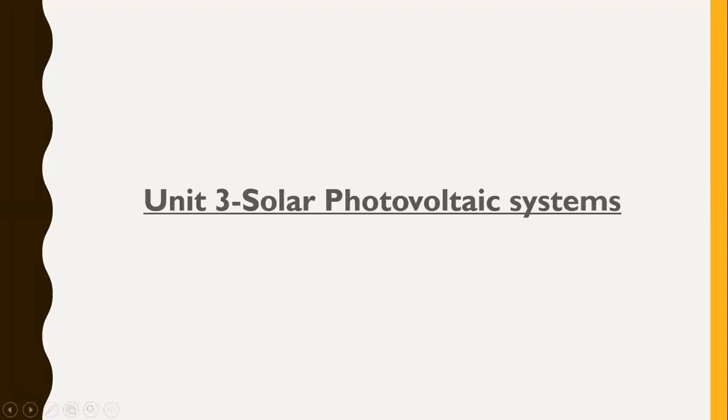Unit 3 Photovoltaic Systems. In this unit, we will see the photovoltaic effects, what photovoltaic cells are, and the principle of the photovoltaic cell, and the semiconductor junctions, P-type and N-type, which we have already taught in previous classes. We will also see how it is used for power generation, what the batteries and inverters are, and the advantages and disadvantages of photovoltaic solar energy conversion.